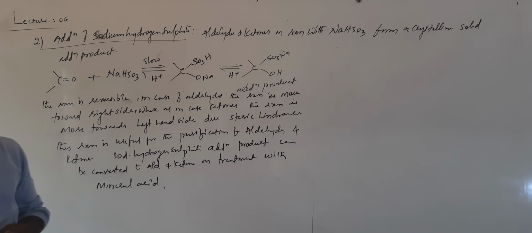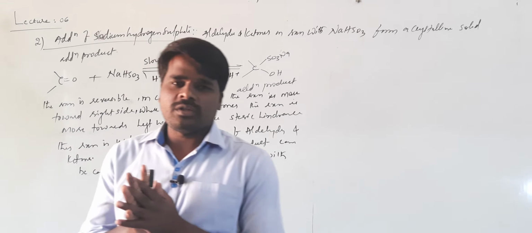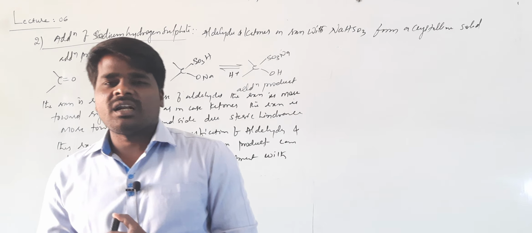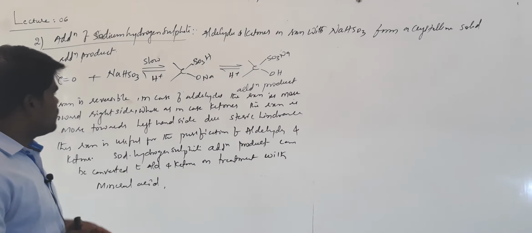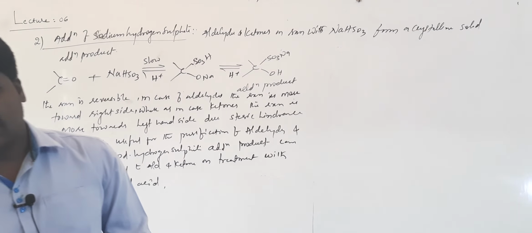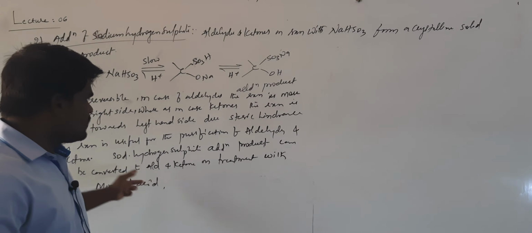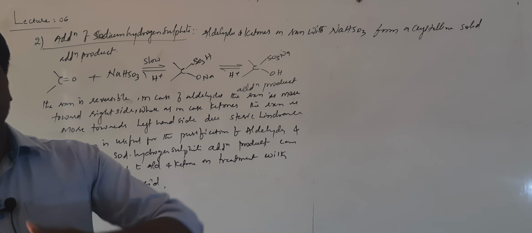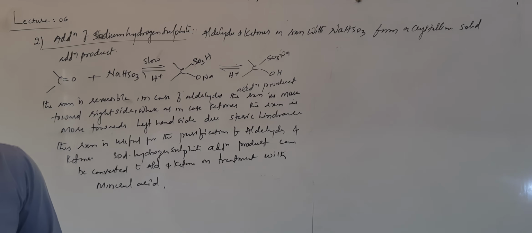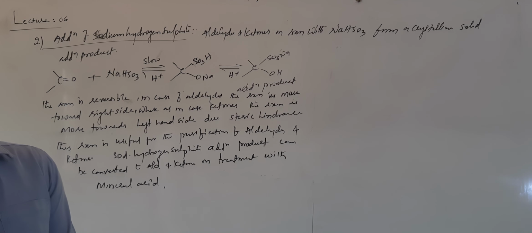The important aspect of this reaction is that aldehydes and ketones on reaction with sodium hydrogen sulfite lead to the formation of a crystalline solid addition product which is soluble in water. This is a reversible reaction, so it can proceed in both backward as well as forward direction and reach an equilibrium position. The equilibrium will be more towards the right hand side if it is an aldehyde, and if it is a ketone, it will be more towards the left hand side, that is towards the reactant side, because of steric reasons. The extent of reactivity of ketones is comparatively less than that of aldehydes.